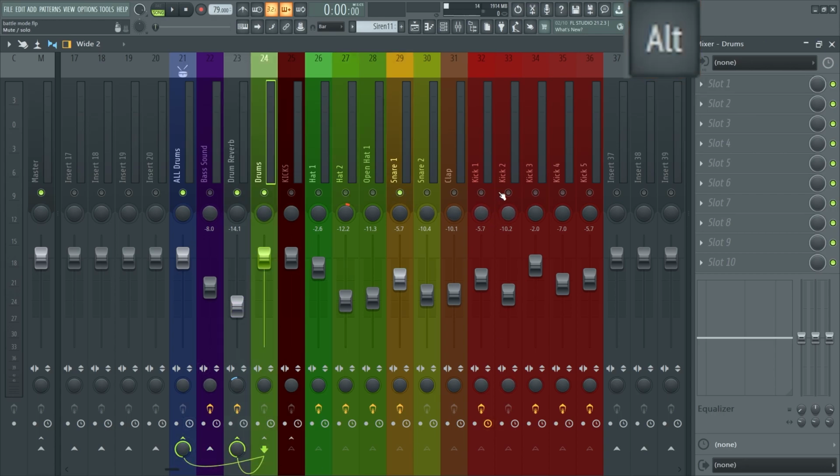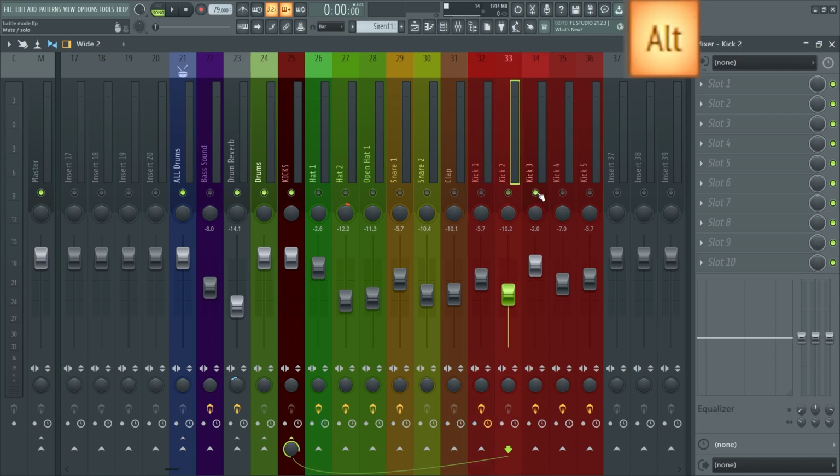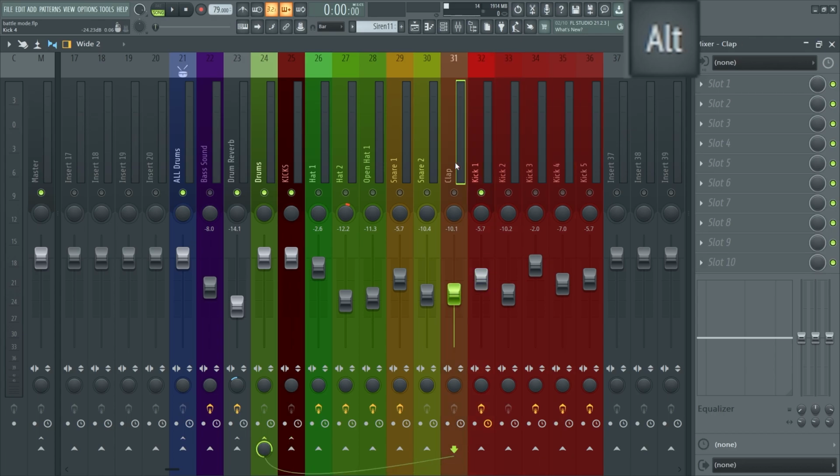That's it, right click. Now, if you go over here and do the Alt right click on the kicks, obviously you're not going to get anything because they're all single tracks going into a routing. But for example, the kick has these going into it. Just Alt right click. There you go.